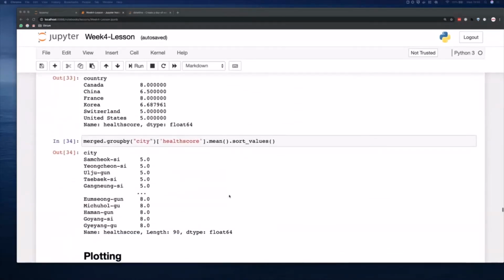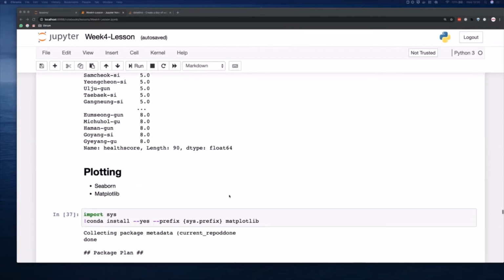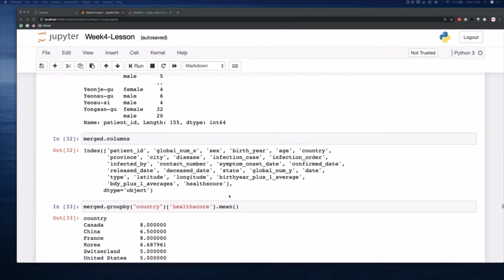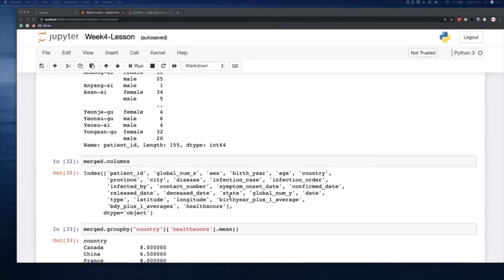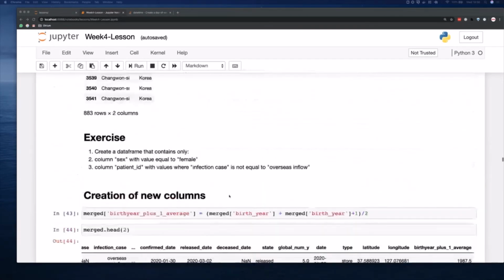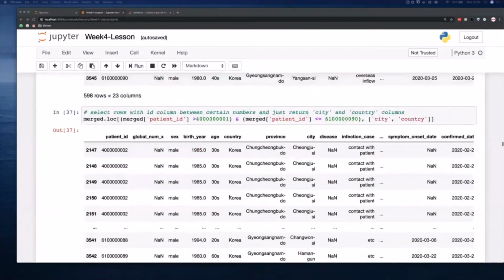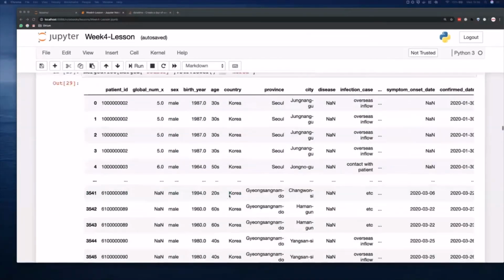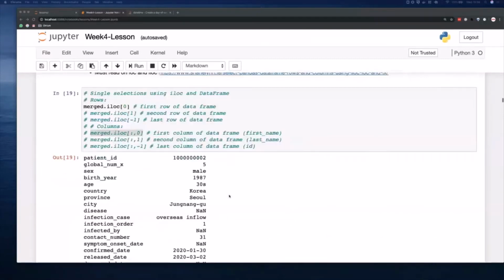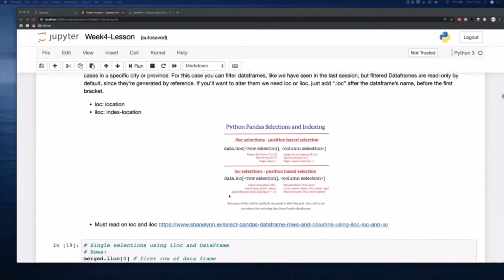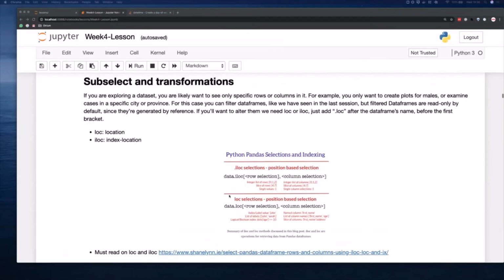Sorry. In the meantime, we got a question. Can you please explain the loc and iloc difference once more for the rows? Of course. Yeah, it has a really nice picture. Okay. So